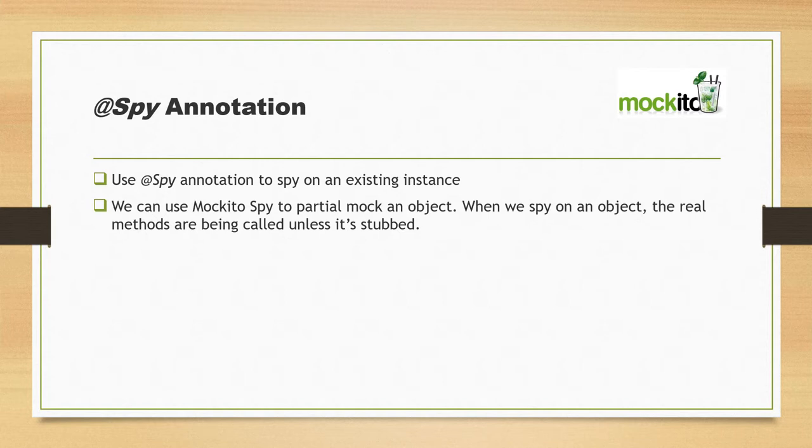When you spy an object, then when you call a method, the real methods are called on the real object. But when you get the mock object and call the method, you instruct Mockito what to return when a specific method is called on this mocked object, and based on those facts you continue with the testing. The most important thing is, this is just a theoretical concept. Unless we do these things programmatically, we cannot have a clear understanding.